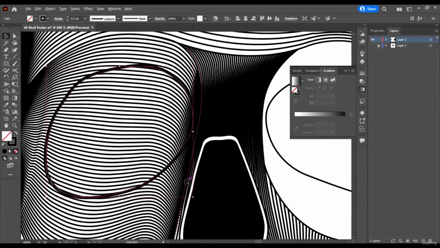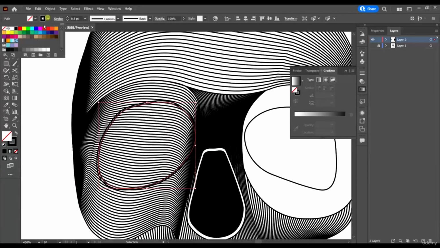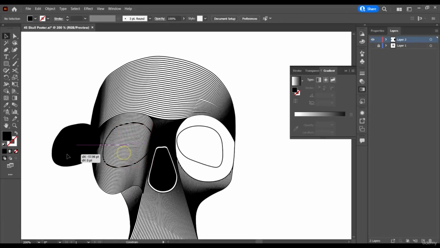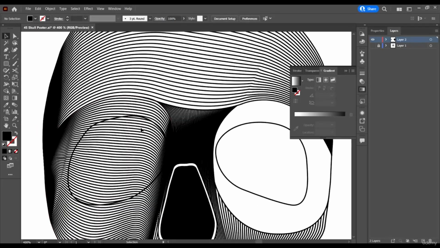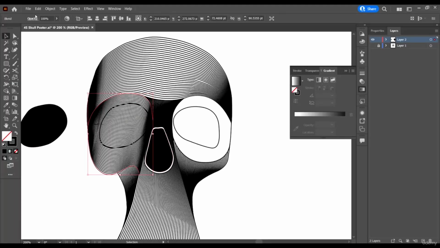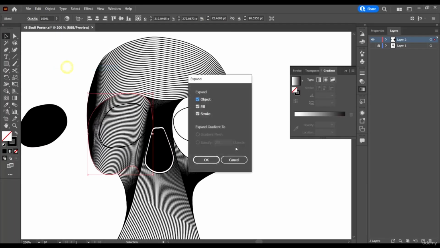So we must not reduce the size, or we can still reduce the size. Yeah, let's just reduce the size and give it a black fill rather, and just shift it away from the point. Now I'm selecting the main guy here. We'll just go to object and expand.